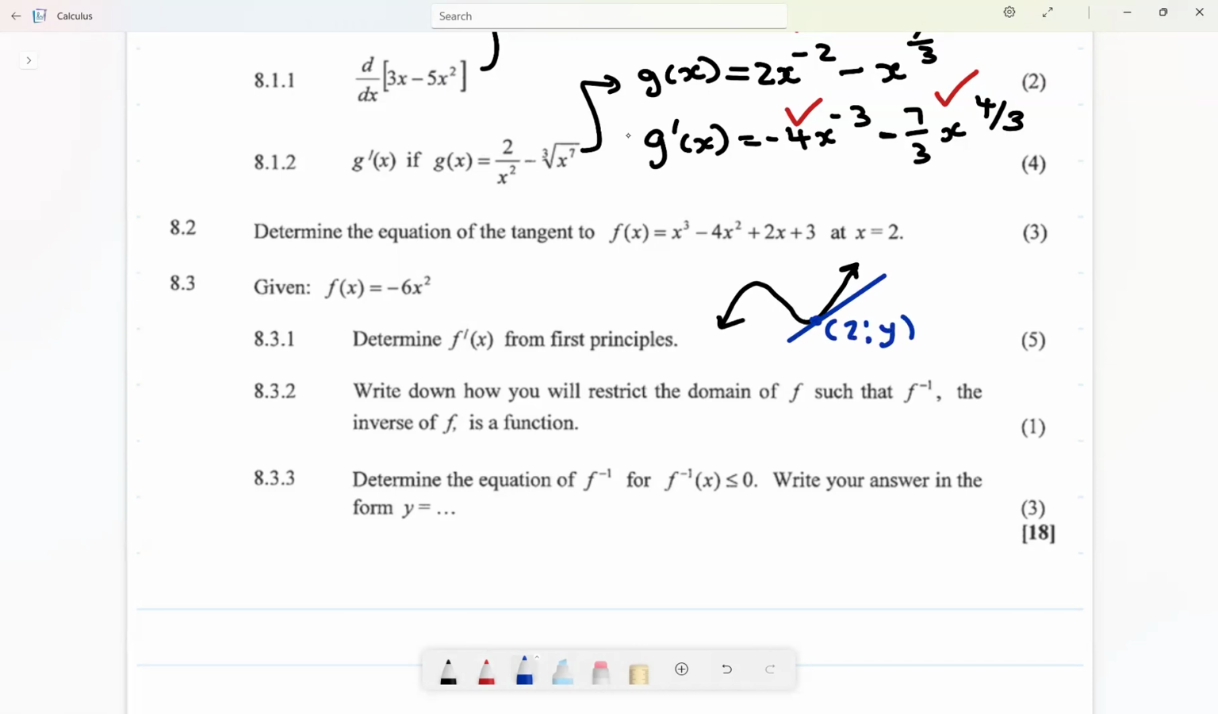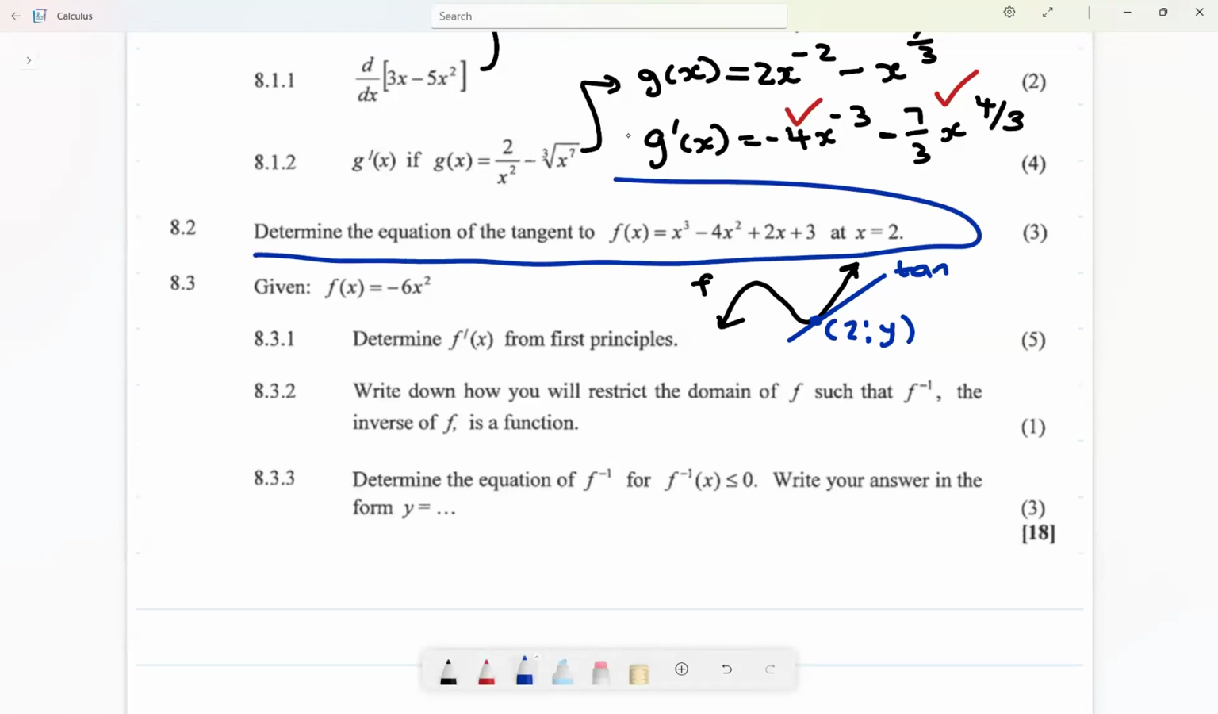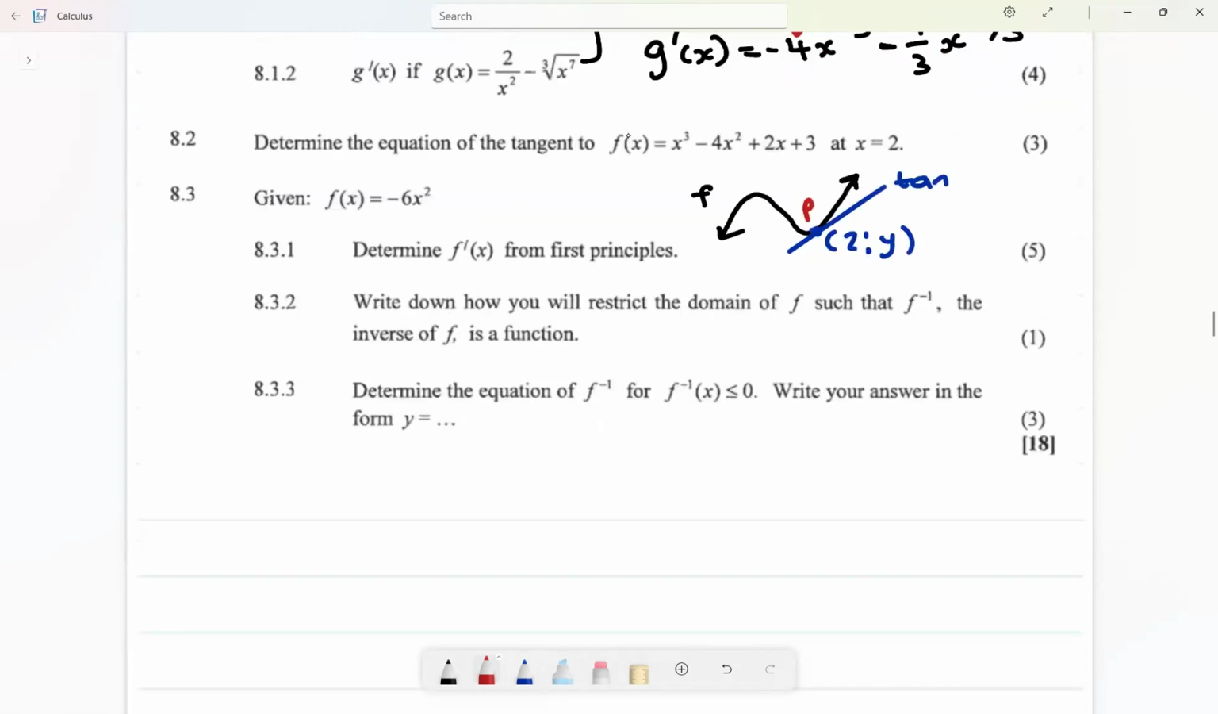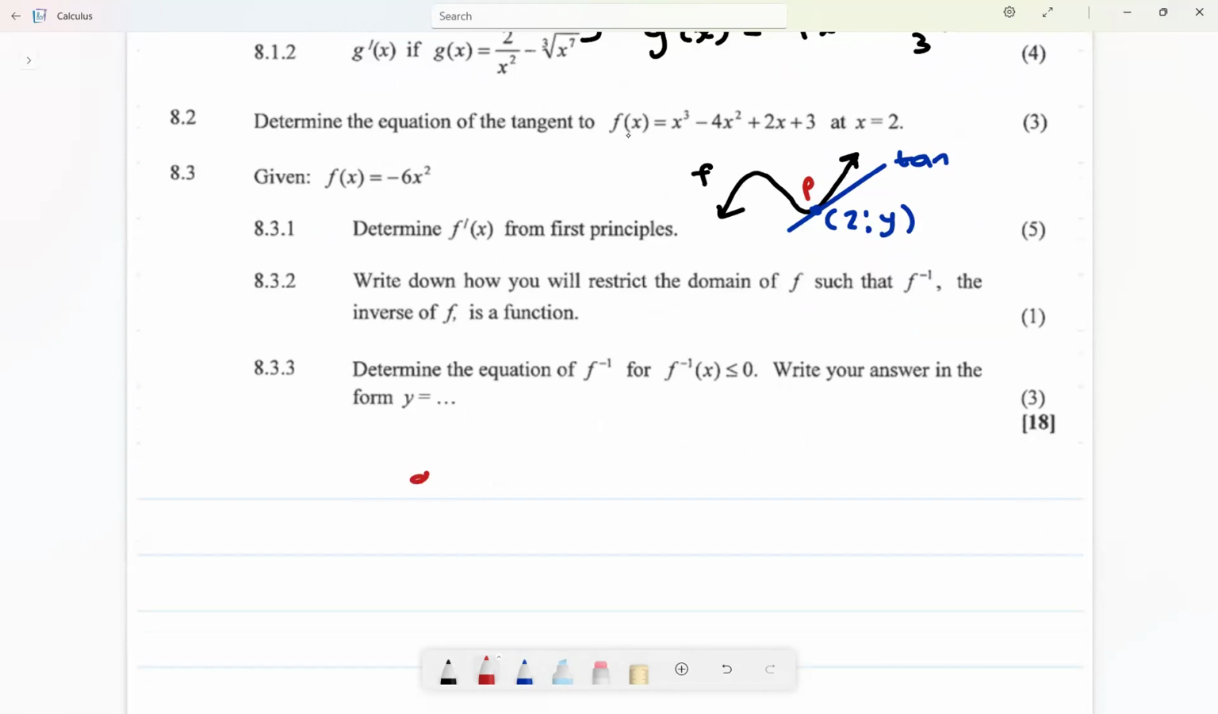I don't know the y. I'll just say it is y for now. All right? This is the graph of f. This is my tangent. Now, they are telling me to determine the equation of a tangent at this point. At this point where they are in contact, what do we know about that point? At this point there, let me just call that point P. At point P,